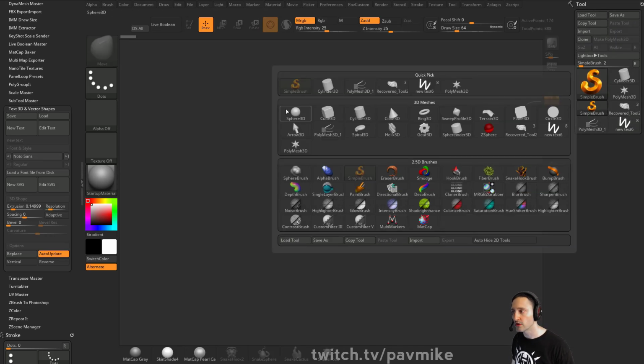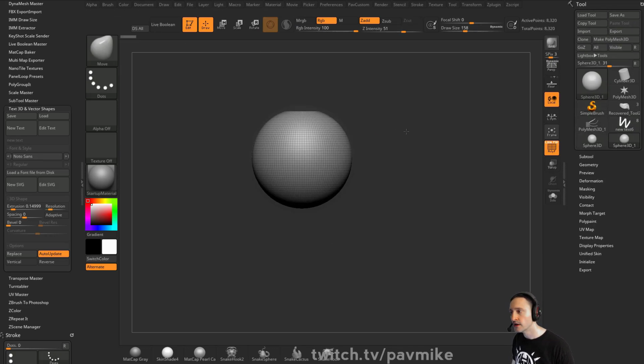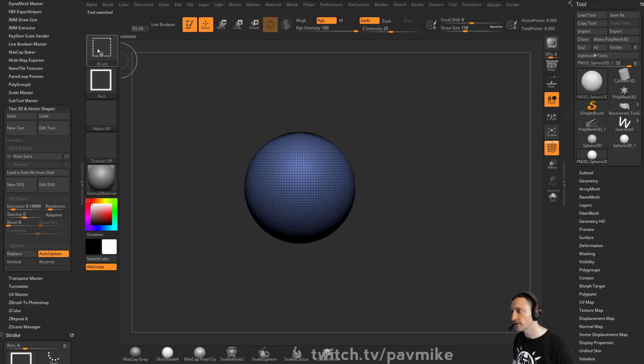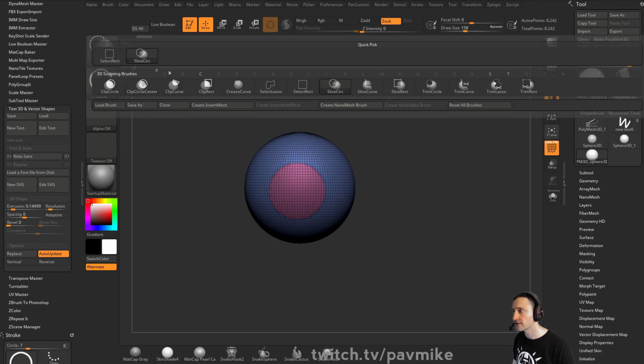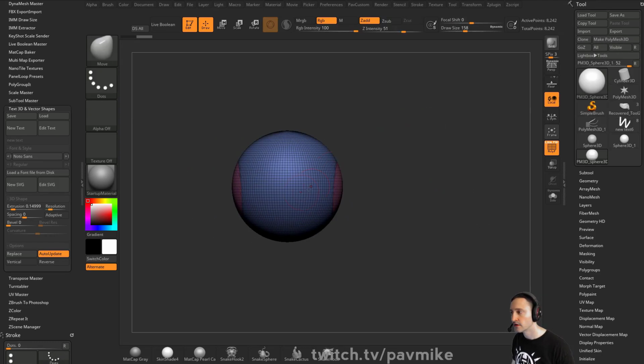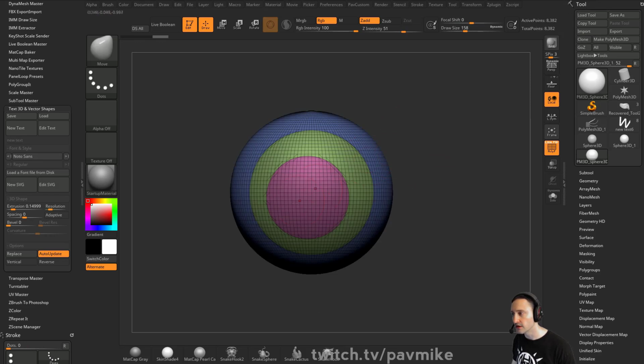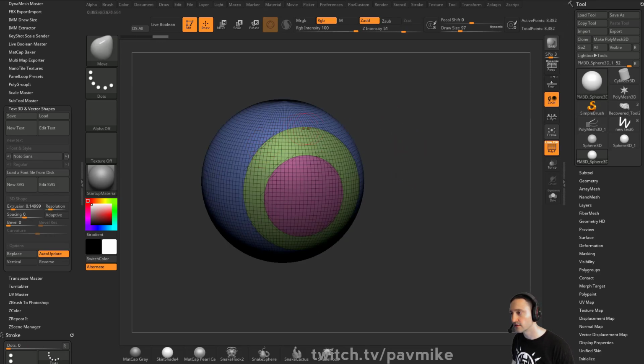If you went through the trouble of doing that, you could take a sphere here and then make polymesh 3D, and then you could either do a slice circle, square center, or you could do a slice curve, and then frame any of these ones to get a perfect circle, and then just frame your text on there. It's kind of a, I don't know, there might be a more elegant solution than those, but